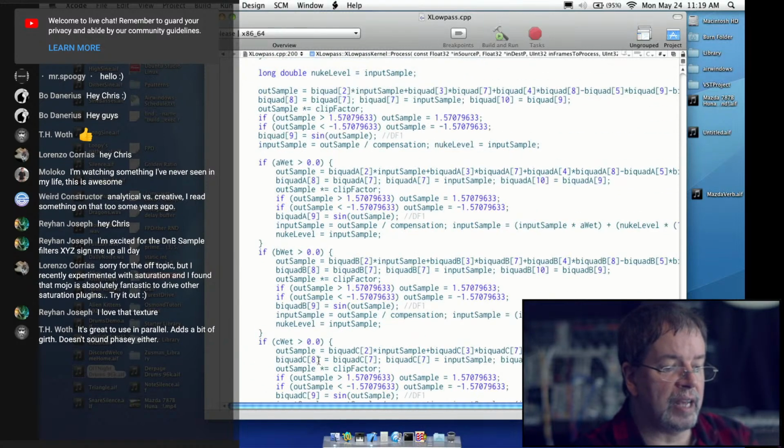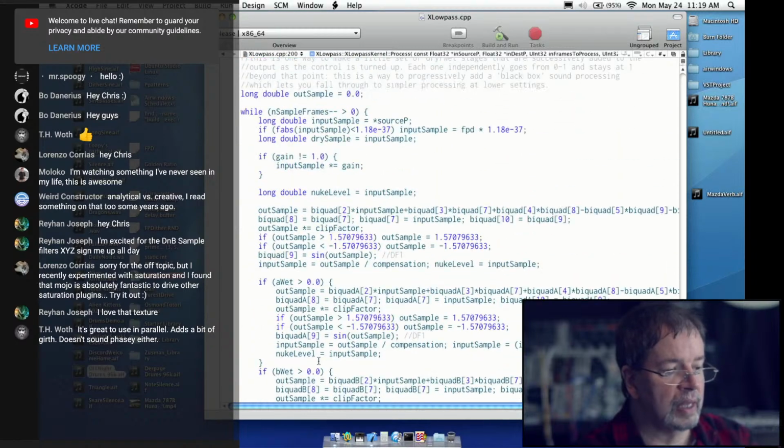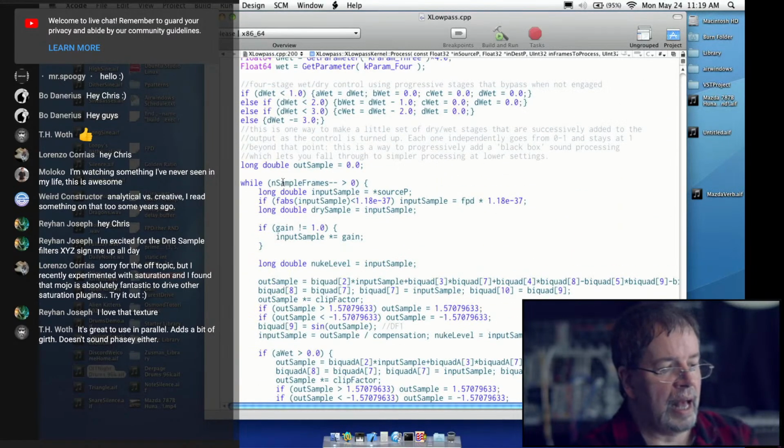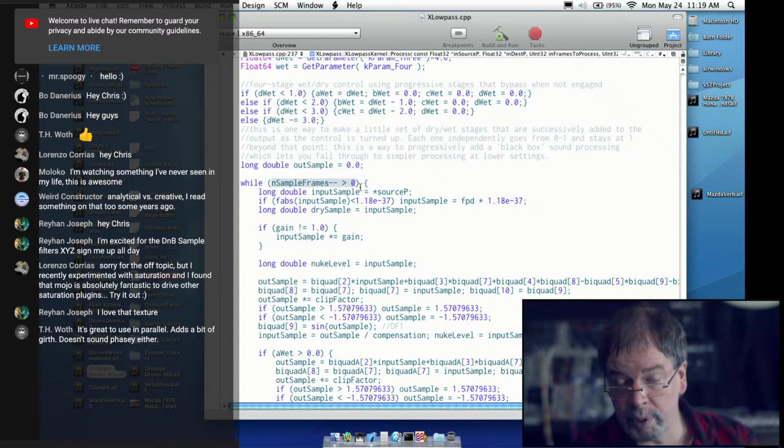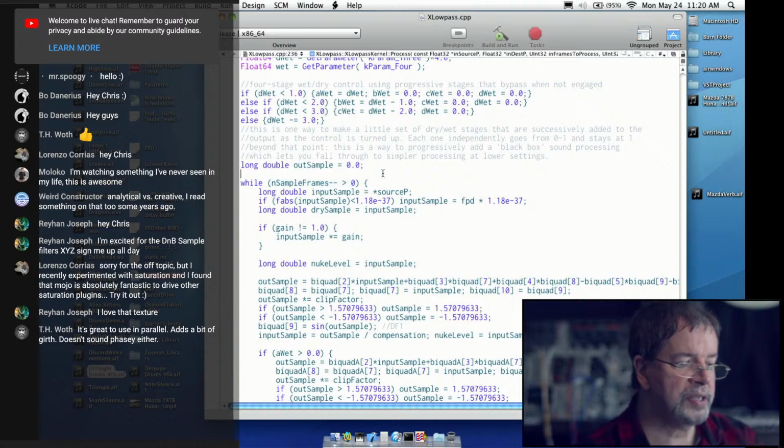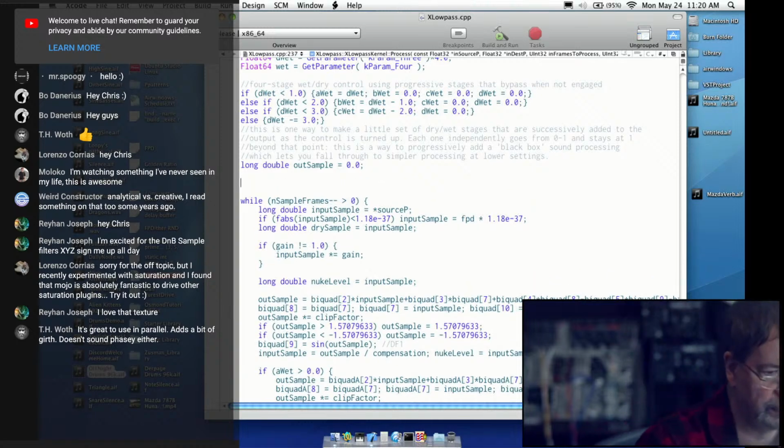And it's going to do that as many times as n sample frames is larger than 0. And every time we ask this question, this is asking this question while also changing the number. It's the same thing as